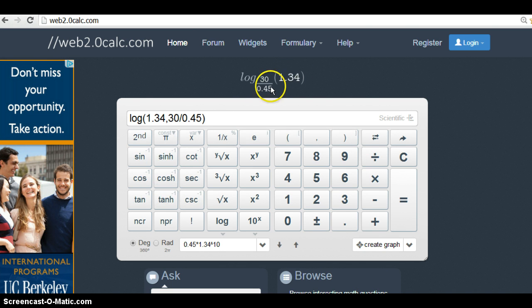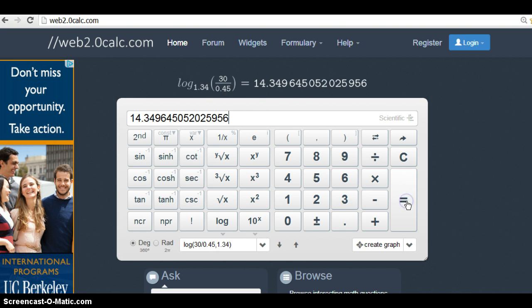Notice I've written this here, and so that's not correct. I've got to change the order here. So my base comes after. This is correct. Log base 1.34 of this value equals, so it's approximately